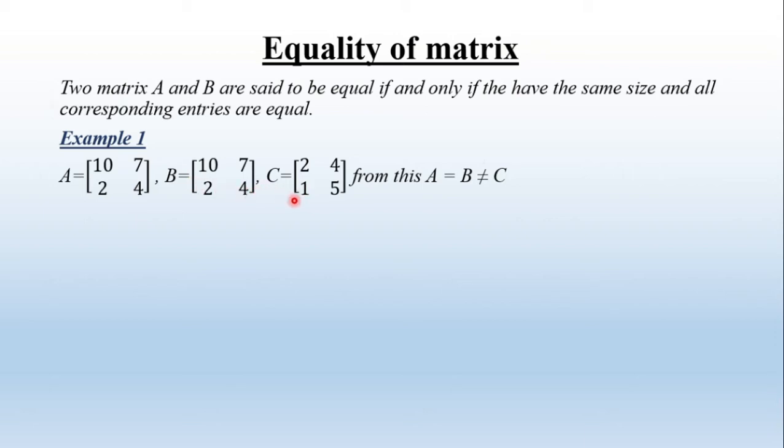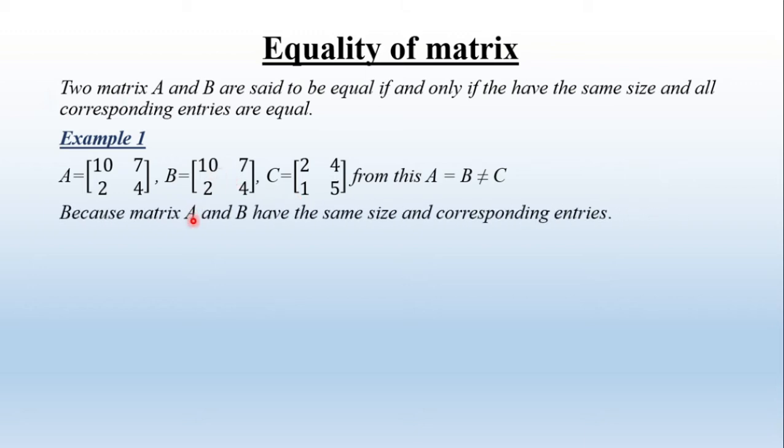አሁን እንደምታዩት A እና B ተመሳሳይ የሆነ ማትሪክስ ሳይዝ አላቸው corresponding entry ምን ውስጥ ያላቸው ውስጥ ያዙት ኮንተንትም ተመሳሳይ ነው ማለት ነው ስለዚህ እኩል ናቸው። ነገር ግን A እና B ከC ጋር እኩል አይደሉም ምክንያቱም ተመሳሳይ ሳይዝ ቢኖራቸውም እንኳን የተለያየ ቫልዩ ነው ያላቸው ማለት ነው። Because matrix A and matrix B have the same size and corresponding entry በዚህ ምክንያት ነው equal ናቸው ያልናቸው ማለት ነው።